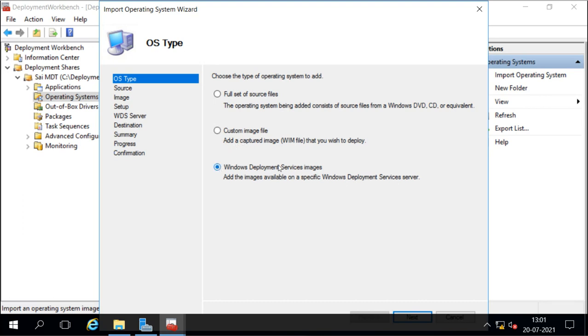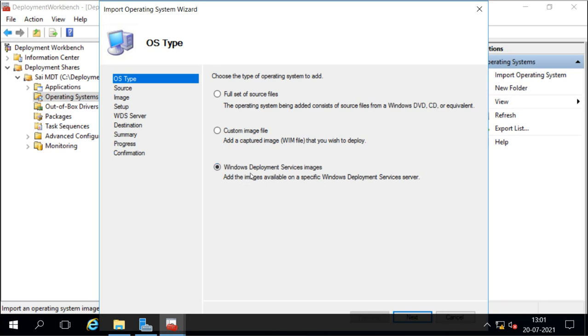If we are using the Windows deployment services to deploy the images, and there are some images created under that deployment services, we can add them from there also. In deployment services also, we create install.wim and boot.wim. So if we want, we can get the image file from there also.